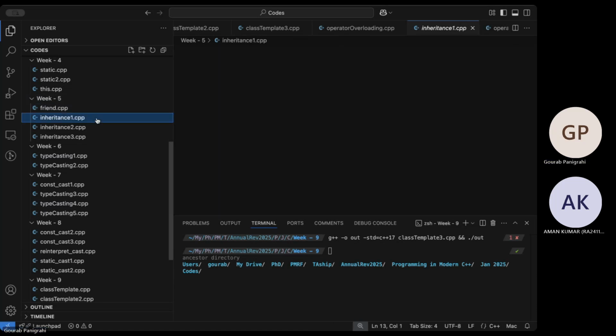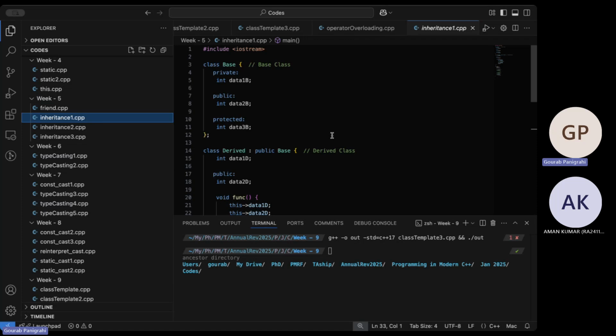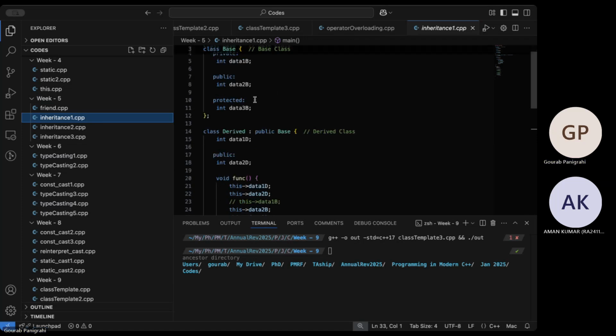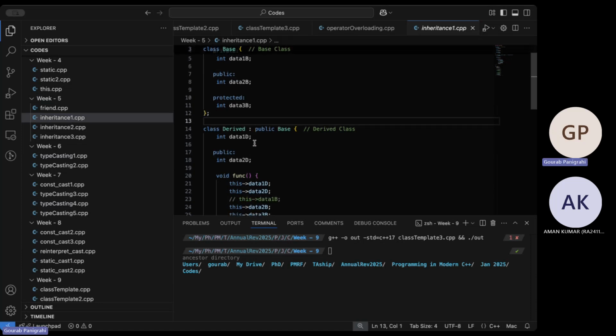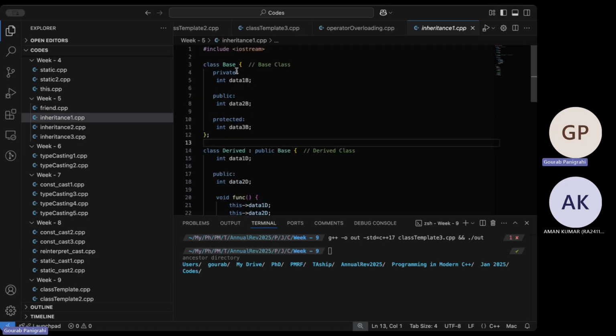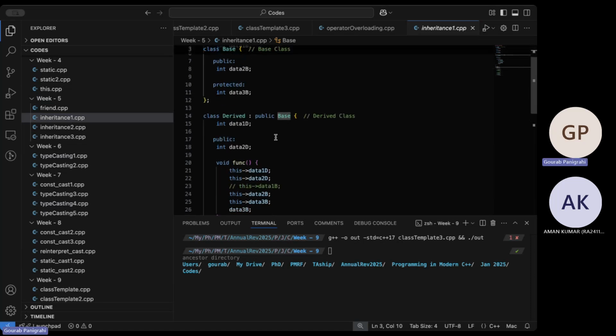In inheritance, again recapping, data 1b, data 2b, data 3b. I have three data members. Data 1b is private, data 2b is public, and data 3b is protected. Now this is the base class called base. Now I'll have another class derived from the base class, which is itself called derived.